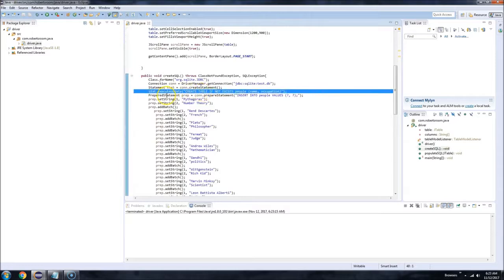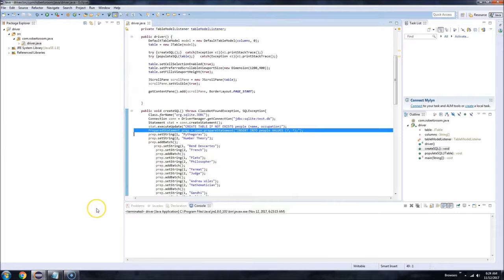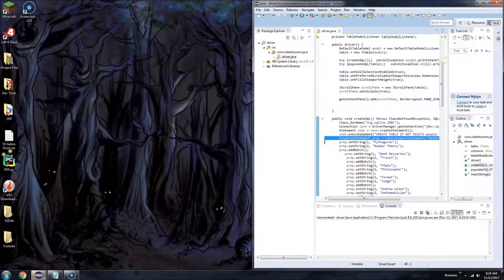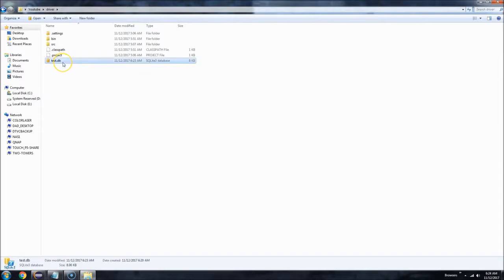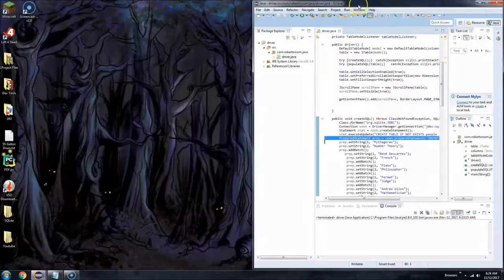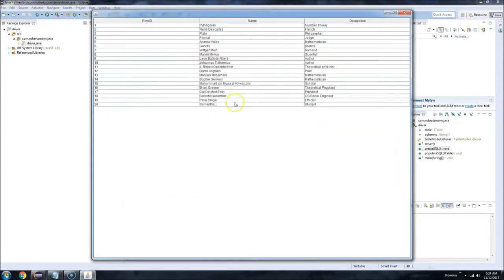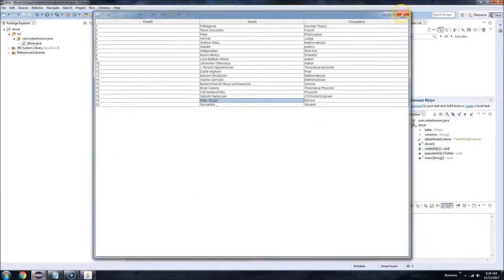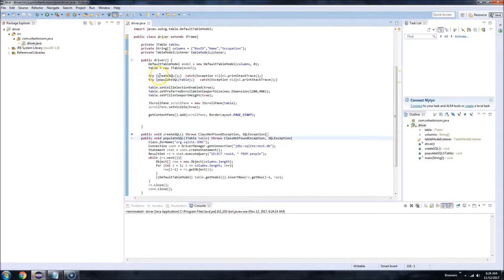Yeah, so we create the table if it doesn't exist, but then we update and insert these values no matter what. So what I'm going to do is just go ahead and delete the database, rerun this one time so that we have the database with all 20 entries, and then I am going to, from code, just comment out the creation of the table,